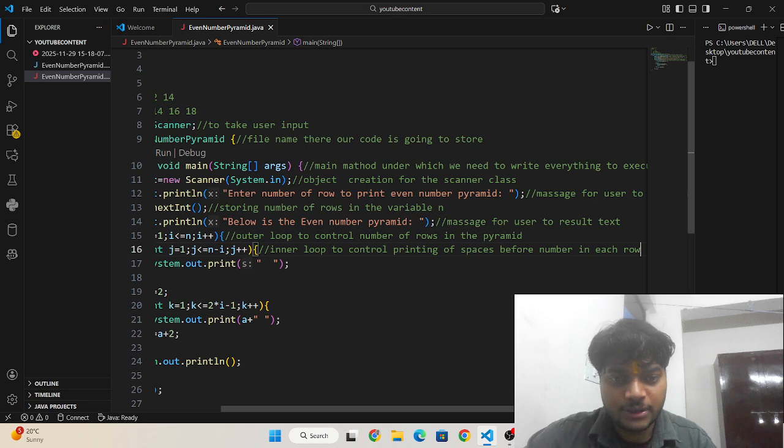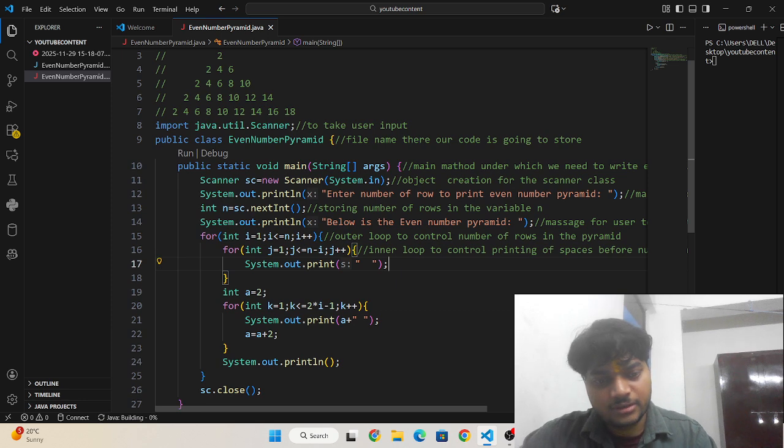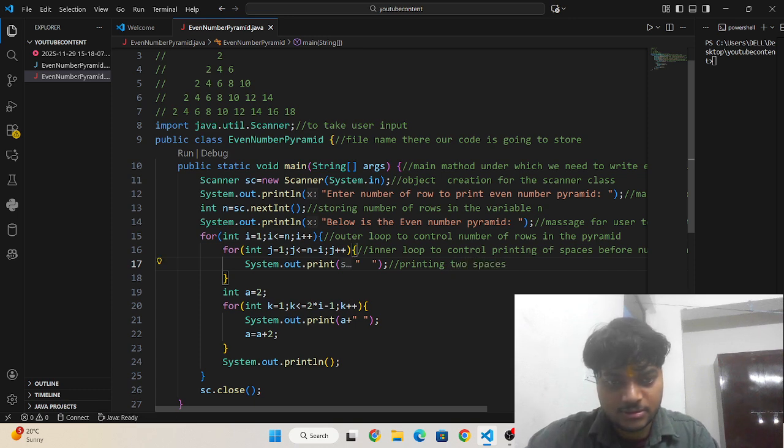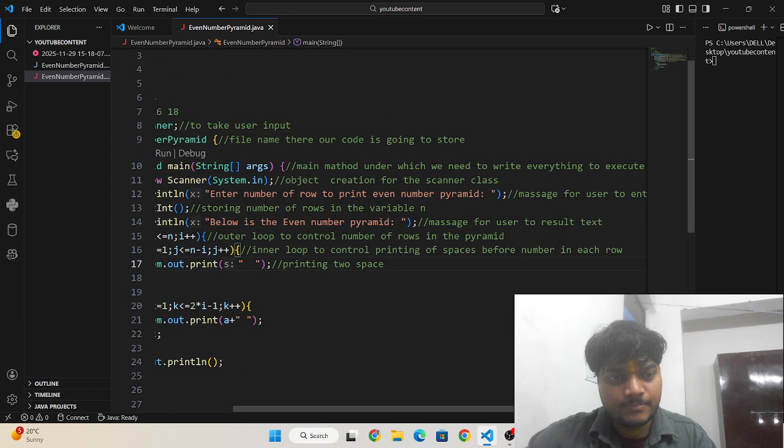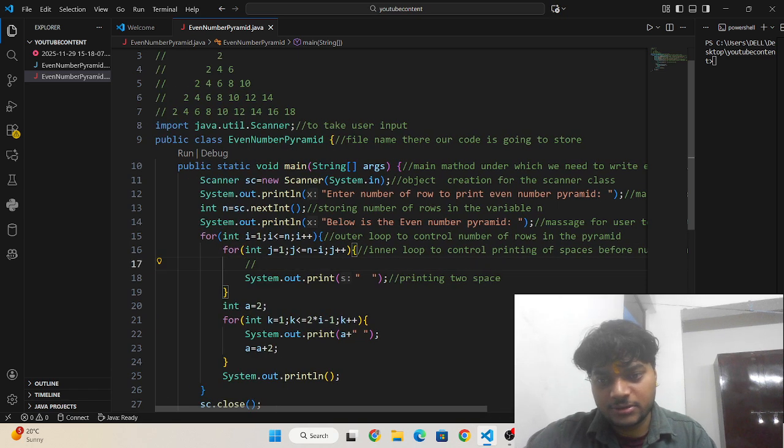Inner loop to control printing of spaces before number in each row, and we are printing two spaces. You can see the number of spaces is going to decrease while moving from top to bottom.